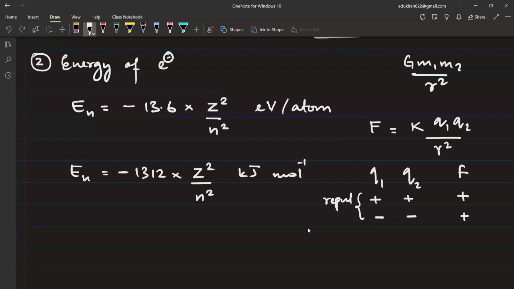Correct? Yes. And if one is positive and the other is negative, that means force will be negative, and this means attraction. Do you understand this? The positive and negative sign has no role other than telling about repulsion and attraction. And similarly here also, the energies with negative sign, please write the negative sign